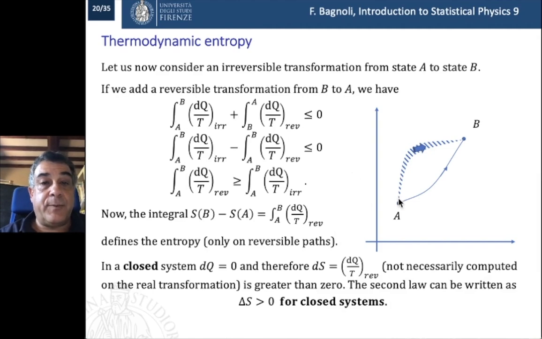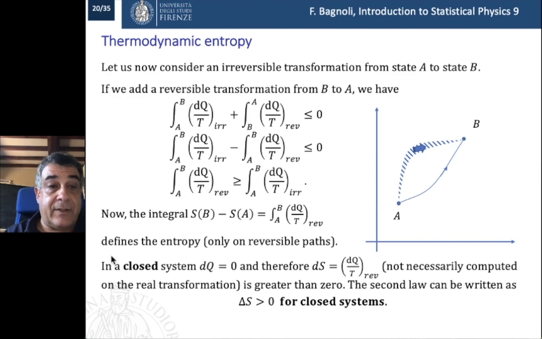Now we can say, okay, let's suppose I have an irreversible transformation from A to B, and a reversible one over which I can compute entropy. I have to compute entropy only on this one, by definition. Then if by reversing this reversible transformation I have a cycle, I know that this computation on the cycle is less than zero. It means that I can reverse this, so I have both transformations going from A to B, and so it means that this computed on the reversible path is always larger than this computed on the irreversible one. Now, since only the reversible one defines the variation of entropy, I see that